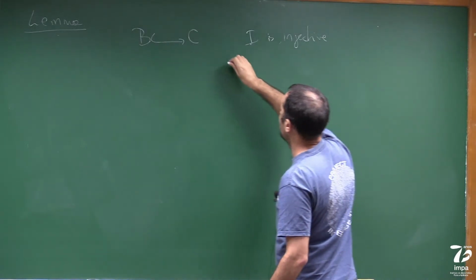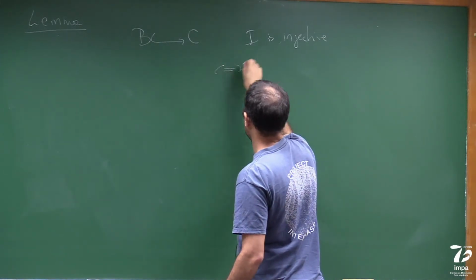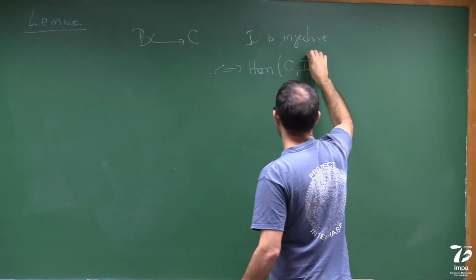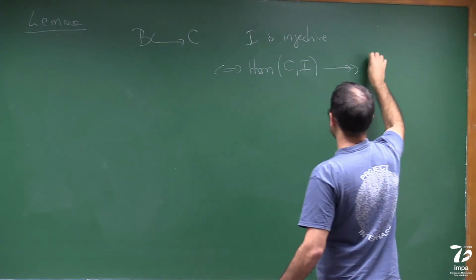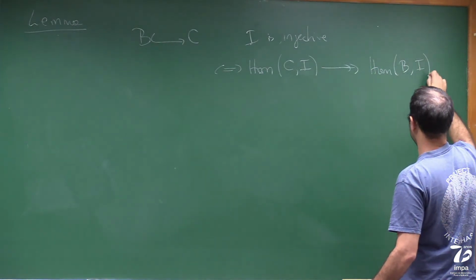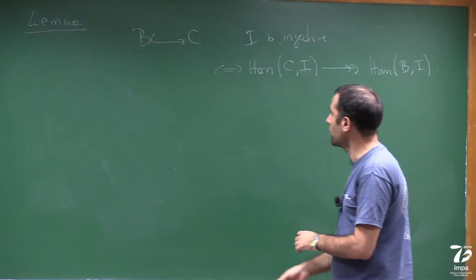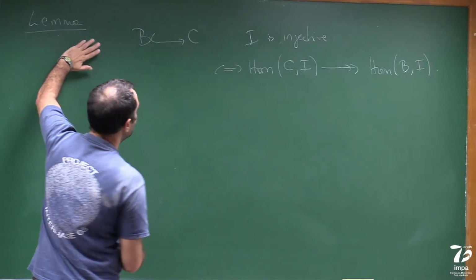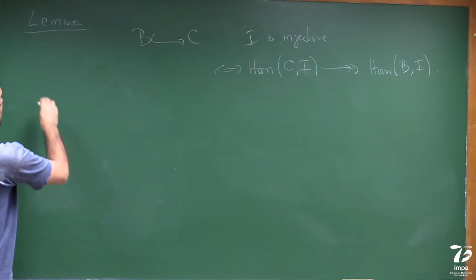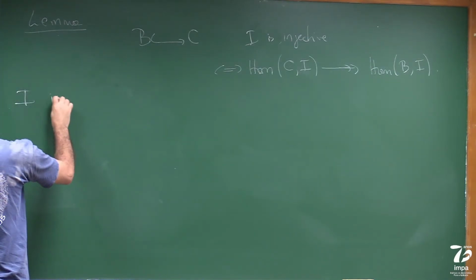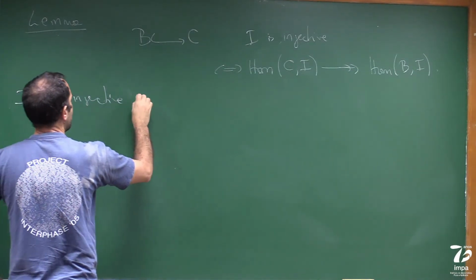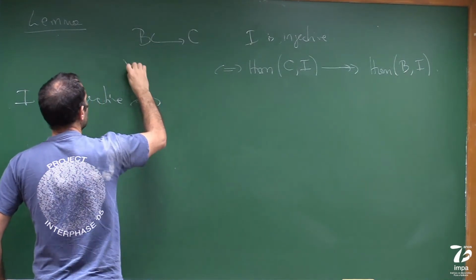If and only if hom from C to I is surjective into hom from B to I. So this is not the lemma. So that's the definition of I being injective. Now the lemma is that I is injective if and only if this holds